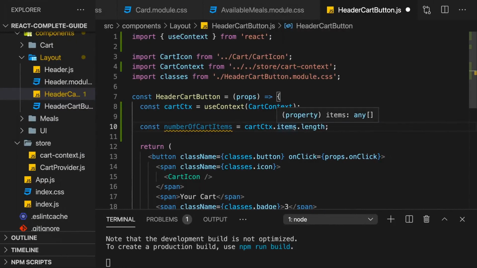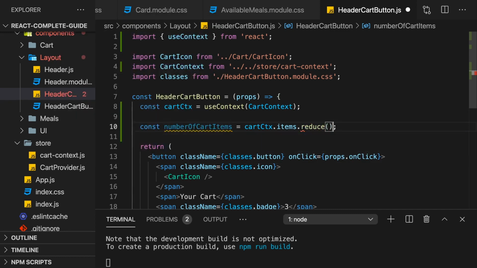Simply because inside of our card items array, we'll have objects where for every kind of meal, we store the amount of meals of that type that is part of the card. So therefore, the proper way to derive that number of items is to access card items, so cardCtx.items, but